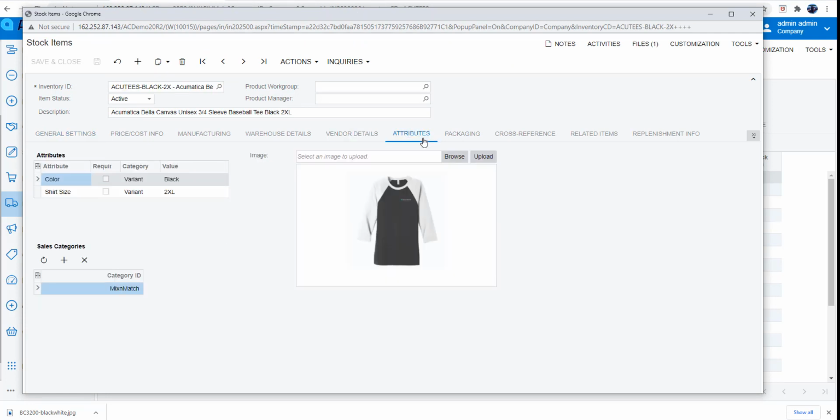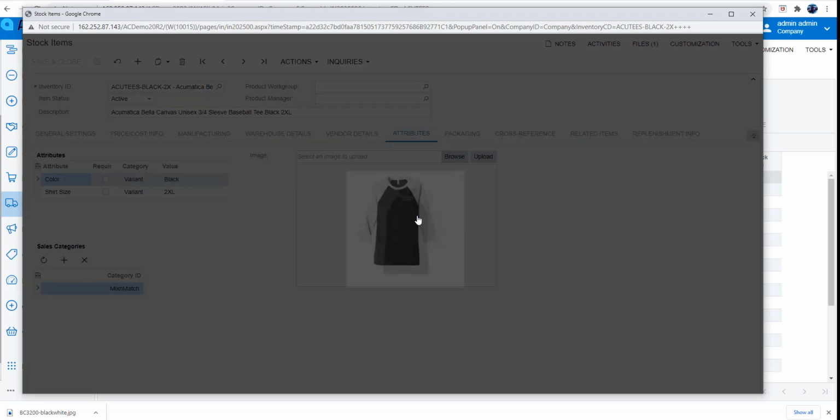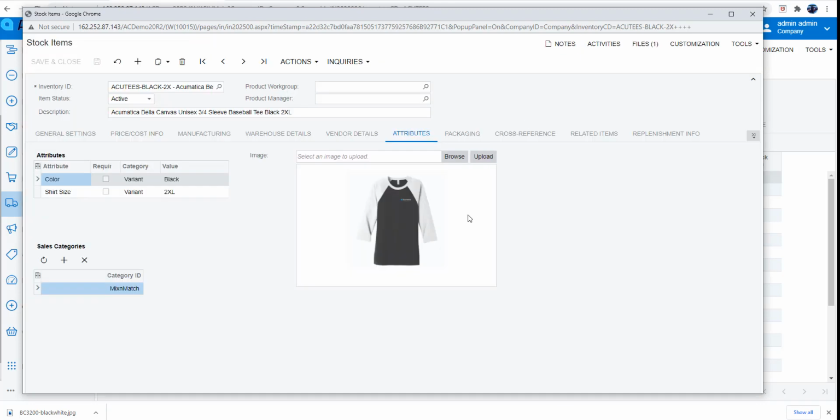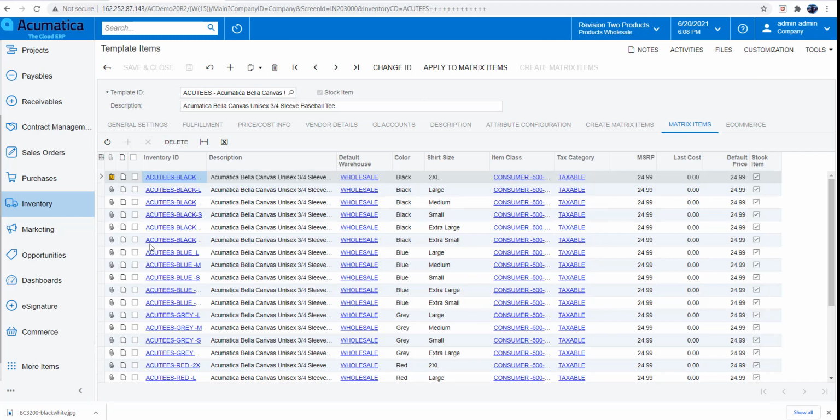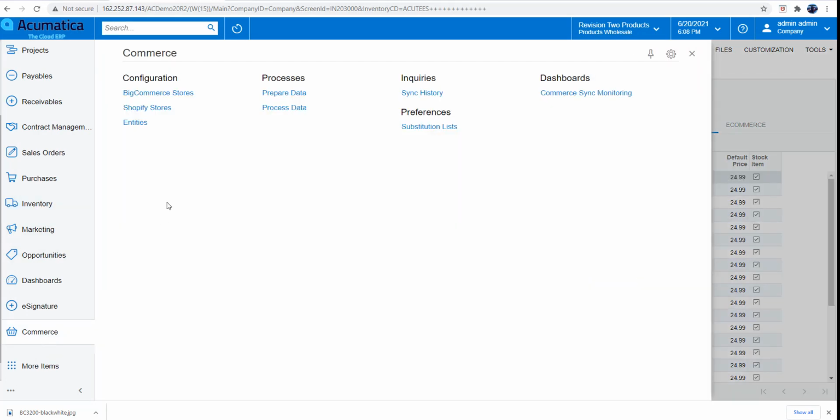So if you go down to attribute section, I uploaded an image. So obviously you can sync this image from Acumatica to your Shopify website. You can also have the ability to go to Shopify website and assign all the images as well. So if you go down to the last tab, it's the e-commerce section, which also tells me the visibility is visible, or it could be invisible. That means I don't want to list it on the Shopify website. I have the ability to configure some of the SEO settings, attach any media URLs, the product images or product videos, and once you have all of this information, now you can actually go to Acumatica's Commerce Edition Shopify store